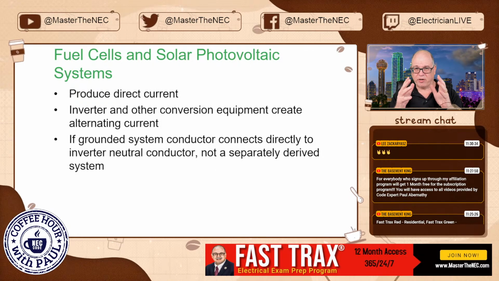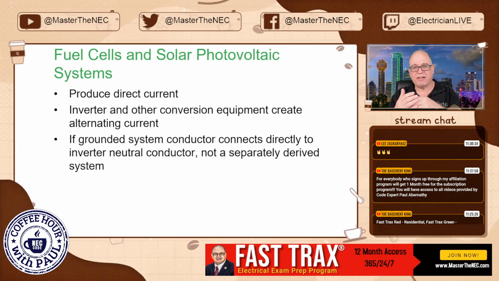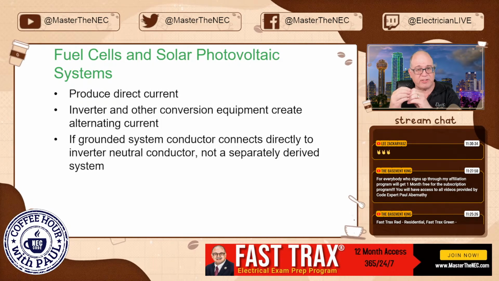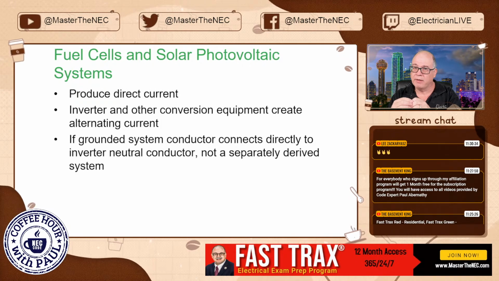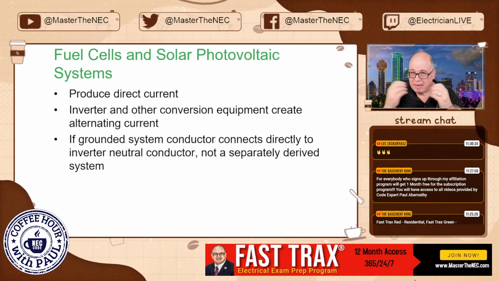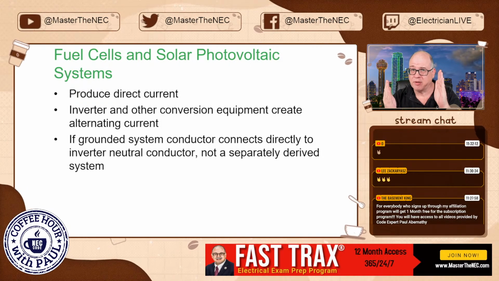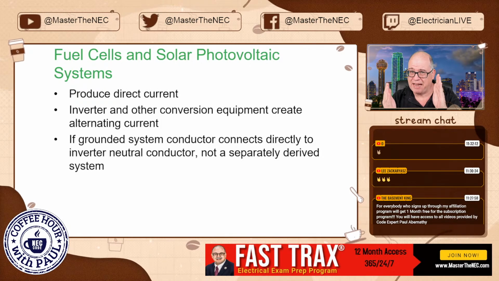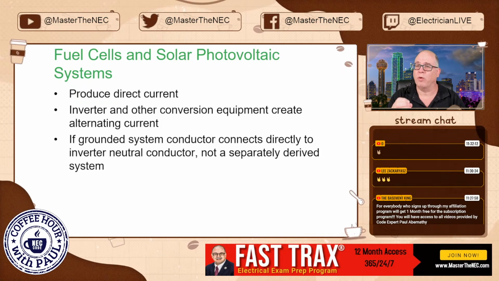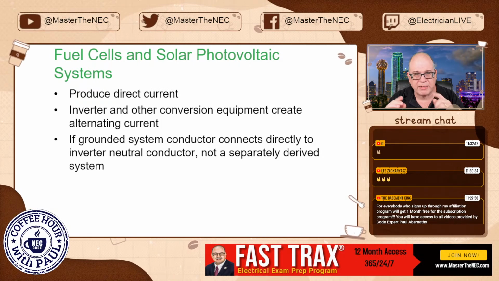So if you have this inverter and the connections from the DC grounding connect over and connect to the AC output, all of this connects together, guess what? It is not separately derived. Same concept. If they don't have the ability to be two different systems, then it is not separately derived. And it's so important when you're establishing things to learn whether or not it's separately derived. Okay, so look at those connections.